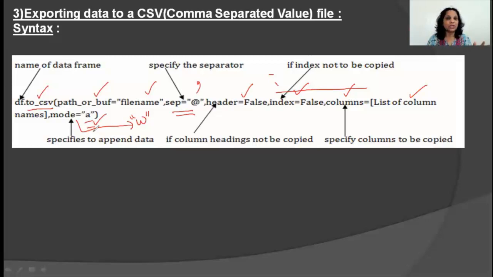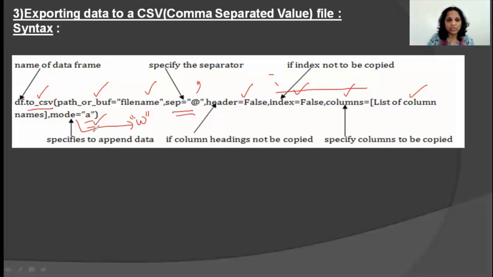But remember one thing, if the top part of your CSV file contains product details, and then you're appending customer details, then you're getting a CSV file which is meaningless. So what you need to remember is when you're adding on, the contents that you're adding should be similar to the contents before. Not that Python is going to give you an error, but logically, it will not make sense.